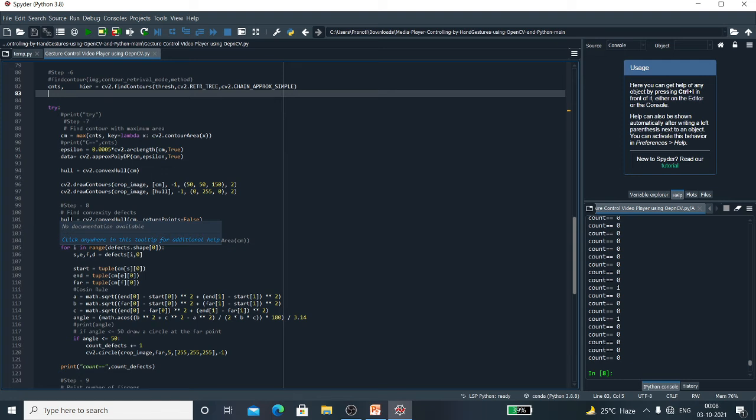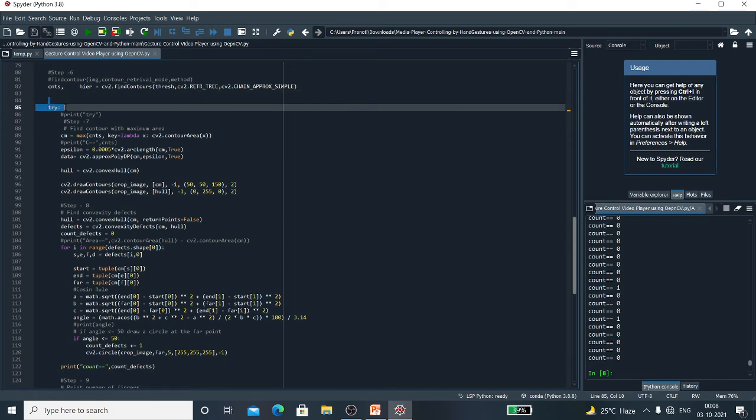If in case my contours become 0, it will not be able to find the area of any contours, right? So there are chances of raising errors. To avoid this, try is used.